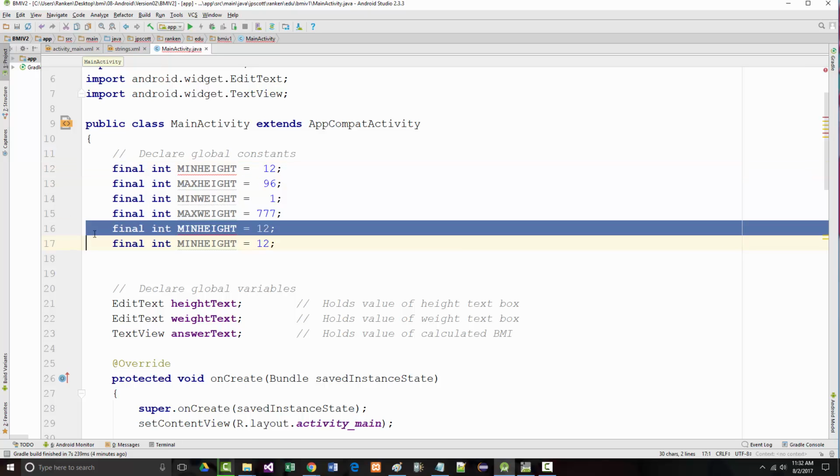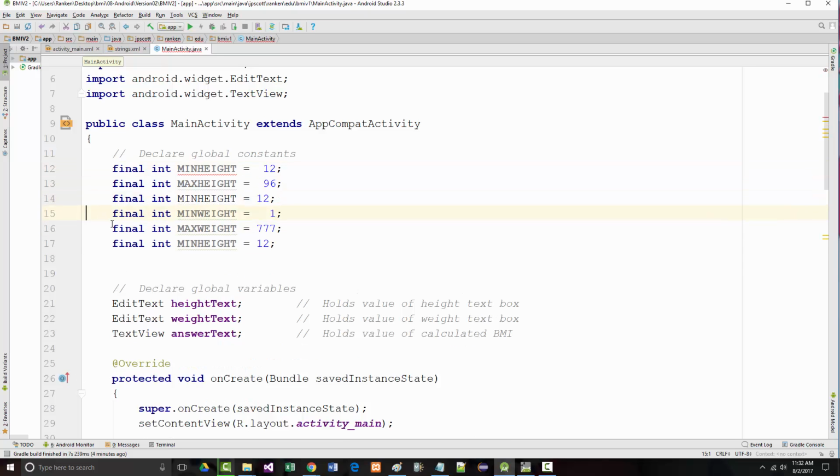Also, come in here and I'm going to create what's called a def height. This will be a default height, so if the person puts nothing in there, we'll just set it to a default value, and we'll make that 72. And we'll also make def weight, our default weight, and we'll set that to, I don't know, 200 pounds. I don't know. All right, so we're going to call this